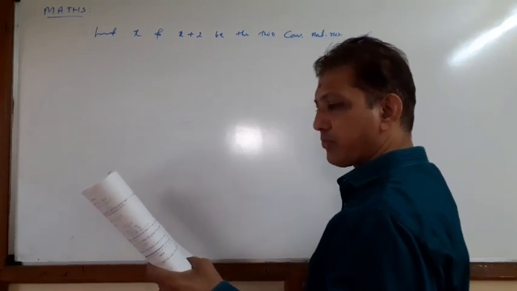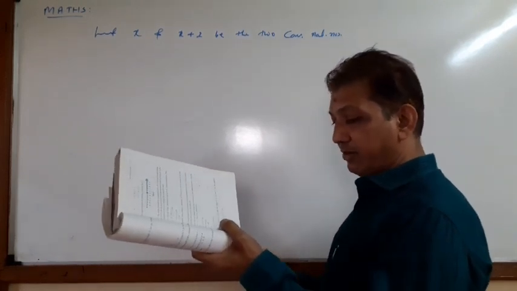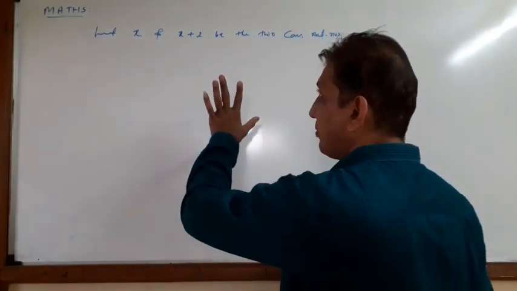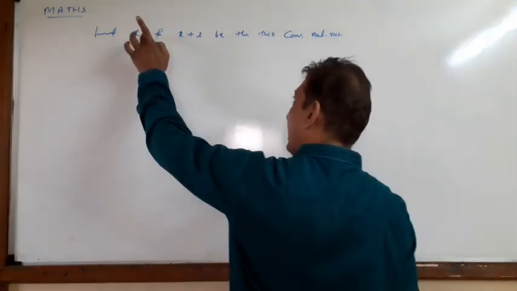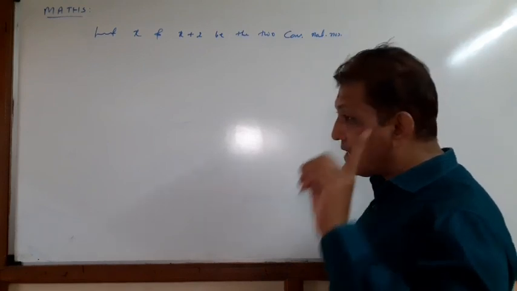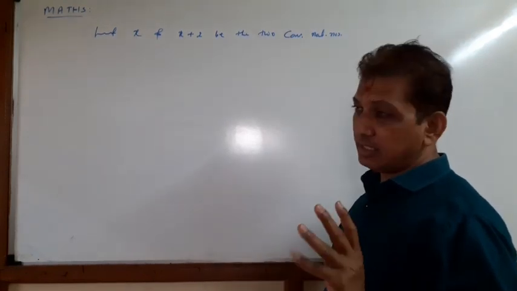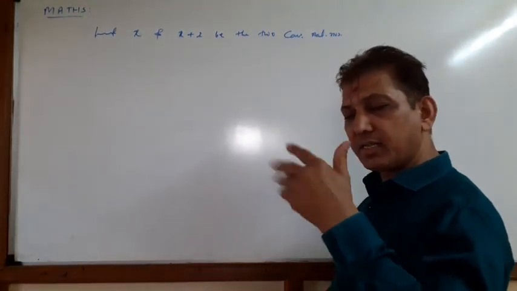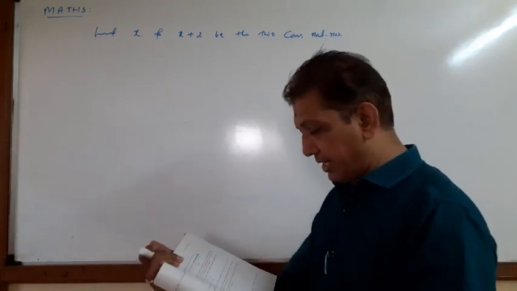Now read your question. Find all pairs of consecutive odd natural numbers, both of which are larger than 10. First condition is this one. When we solve this sum and find the answer, x value is minimum 10, not less than 10. You can have more than 10, like 11, 12, 13, but not less than 10. Read the question.